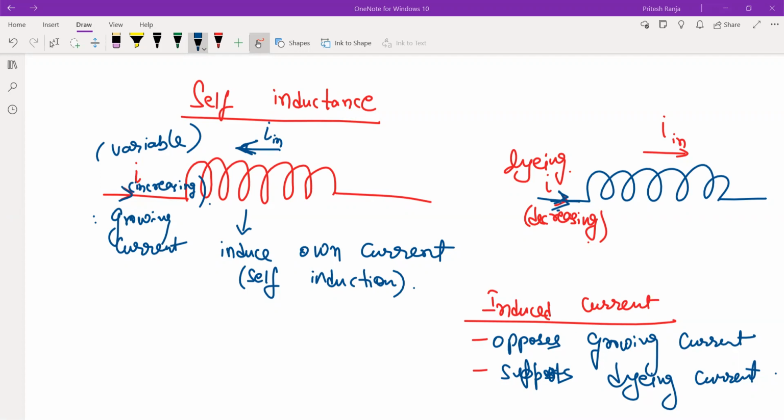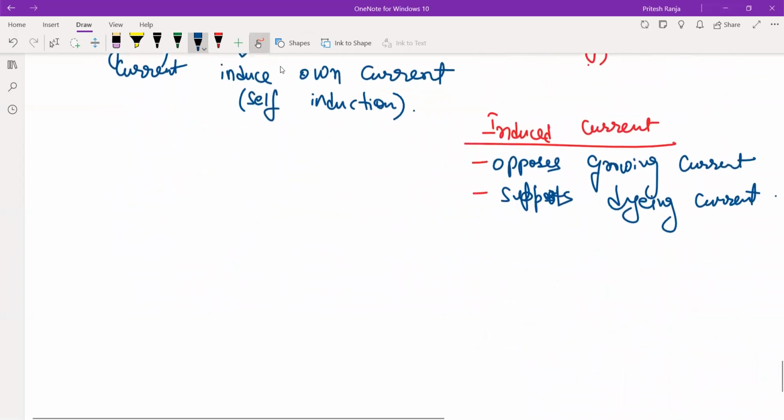So let us now see with respect to a coil related to the property of self-inductance. So here it is clear that these are coiled wires. Why am I not just using a wire? Because in coiled wires the induction will be more, because you can see there are more and more loops. So if more loops are there, then the flux becomes NBA. That means the EMF can be increased by N times. So that's the reason we are using coiled wires. So we can say self-inductance is the property of an inductor to generate a back EMF. We will see that in detail, but let us first analyze it with respect to a coil.